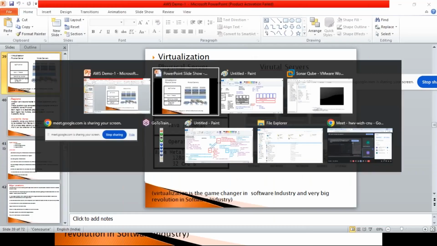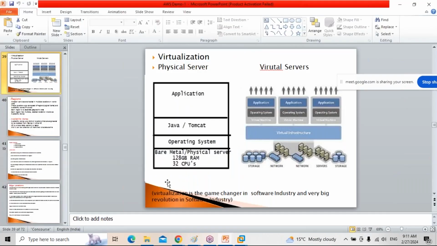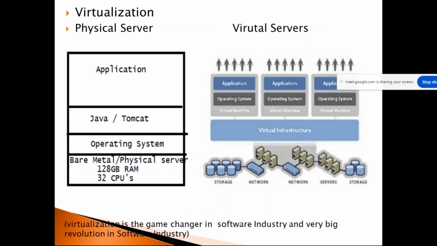That's why I'm going for traditional virtualization, right? Why should I go for traditional virtualization? In a single disk, we can't install more than one. I already have Windows on my laptop. If I install Linux, it's going to overwrite it. That's why we make two physical partitions, one for Windows, one for Linux. Similarly, we already have Java 1.8 installed. If I install Java 11, it is going to overwrite it. When Java is updated from 1.8 to 11, Tomcat doesn't work. These are the challenges, the problems with a physical server.